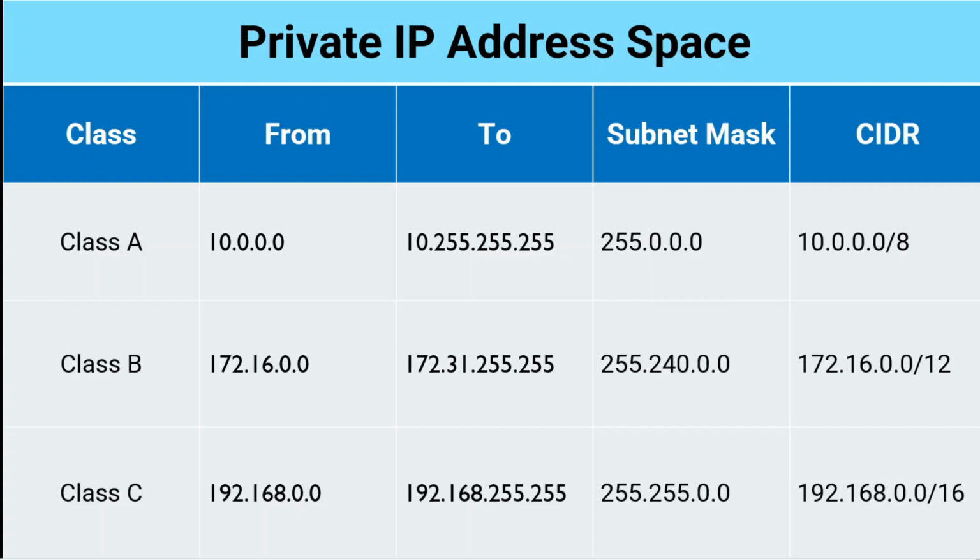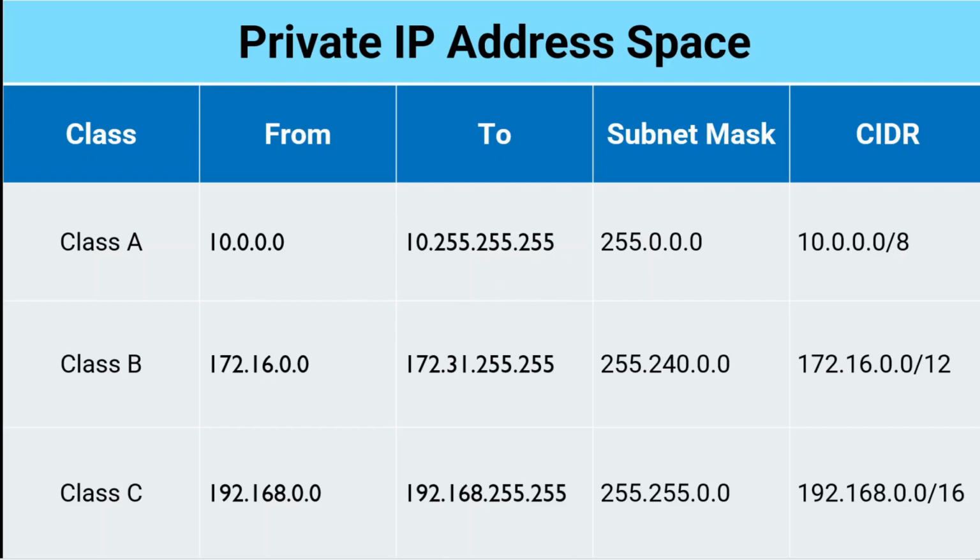172.16.0.0. Each IP address has two components. First part of the IP address is used to identify the network to which the IP address belongs. And the second part that comes after this is used to specify a specific host within that network. Here we have specified the IP address range in terms of starting IP address and the last IP address in each IP address class range.